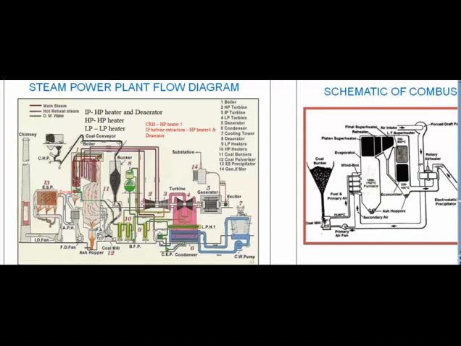From the bunker, a regulated flow of coal is fed by gravity to the pulverizers, where it is ground into fine powder of 75 micrometer particle size. The hot primary air is supplied to the pulverizers for the purpose of drying the coal and then carrying this pulverized coal to the coal burners at various elevations of the furnace.